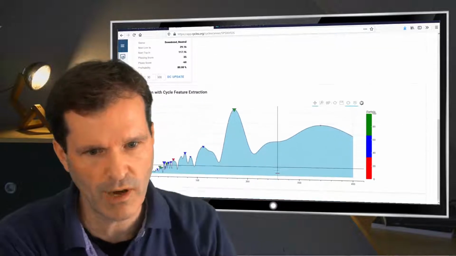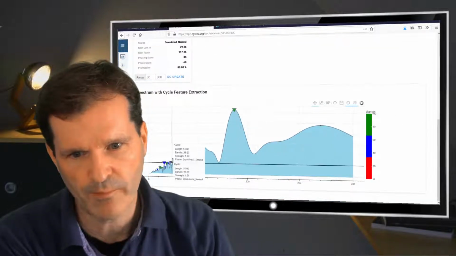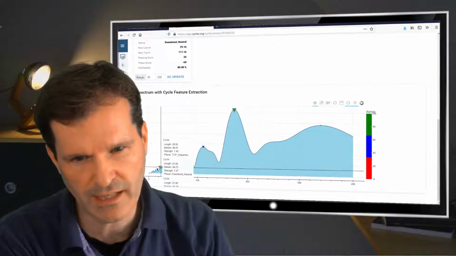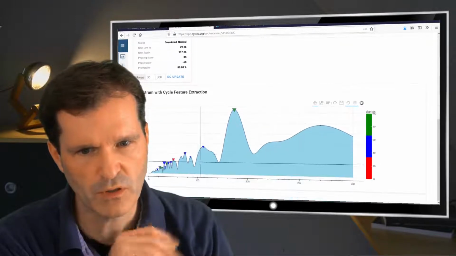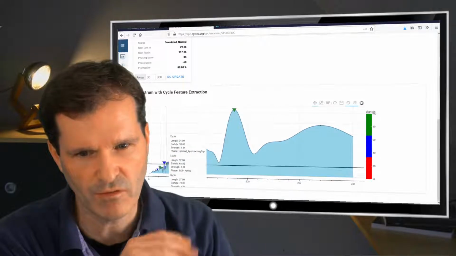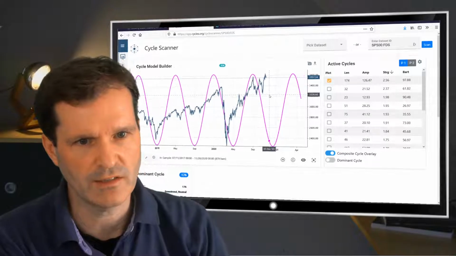We could throw other cycles in the mix, but this one stands out. And there are only shorter cycles which could be used in addition, but I would not recommend doing this because the market is very volatile, and it's not easy to trade short-term cycles in this market here.